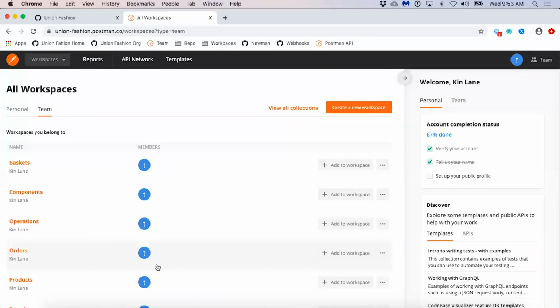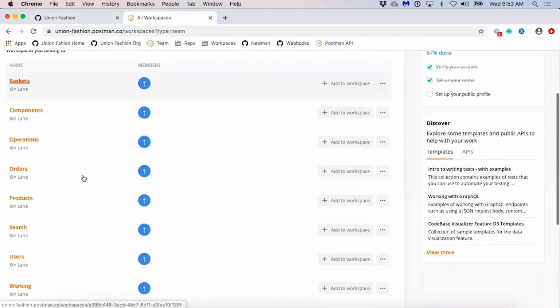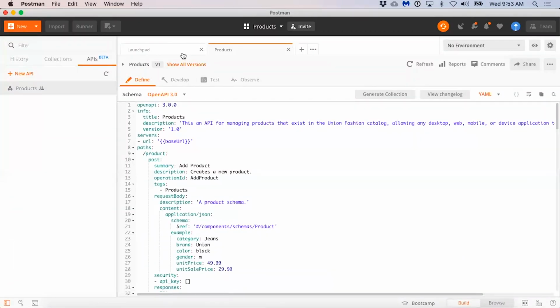Once we want to actually start developing any of these APIs, Jeff can rely on the API builder within each workspace to begin development of each individual API. Jeff's mandated that all APIs have an OpenAPI contract that defines the surface area of the API. So if you're not familiar, OpenAPI 3.0 is the next version of what formerly was known as Swagger. Swagger is the 2.0 version.